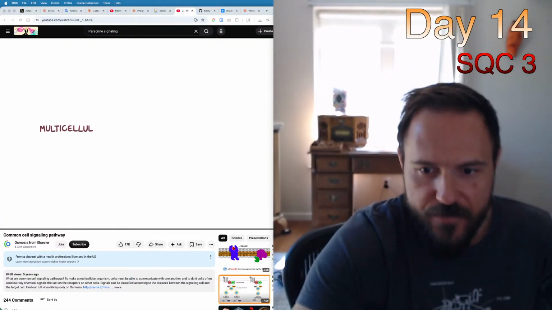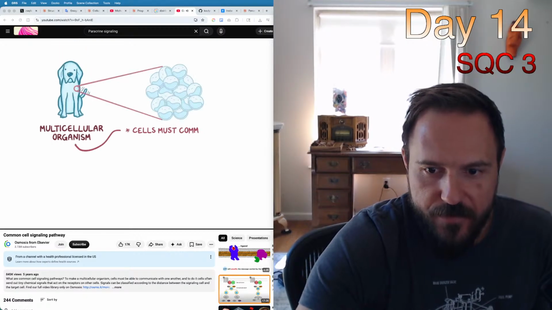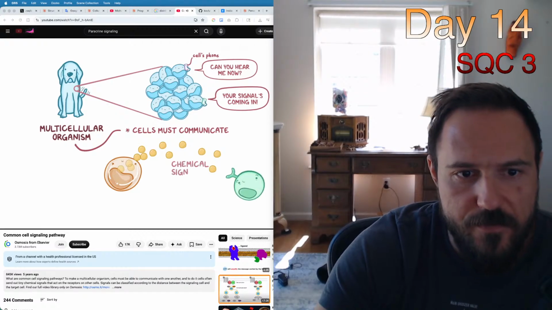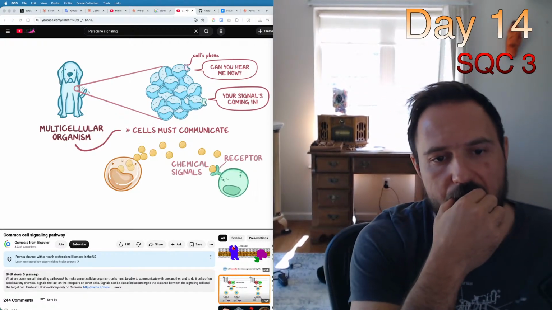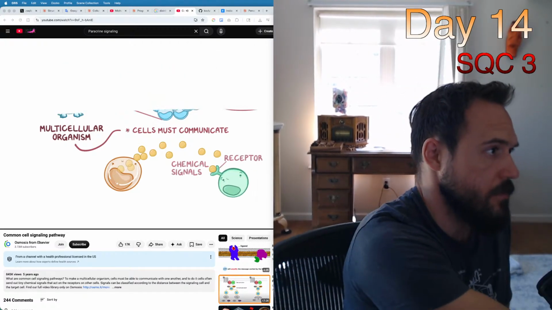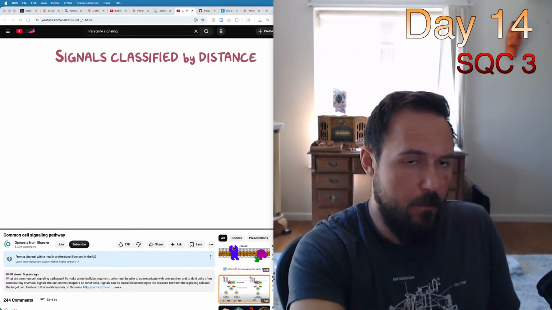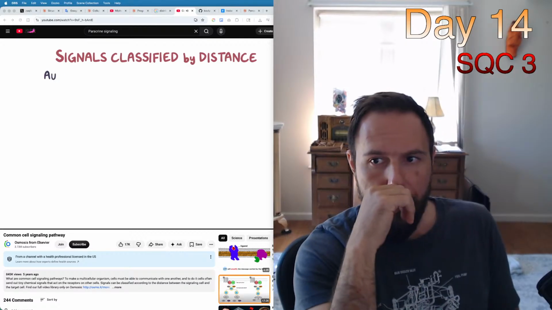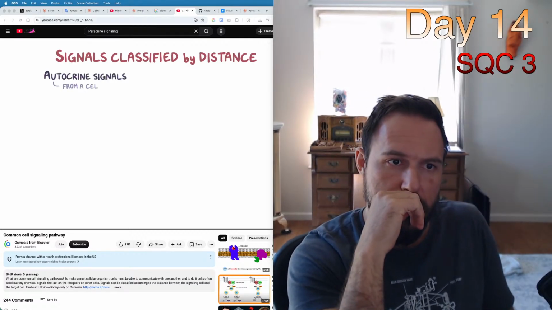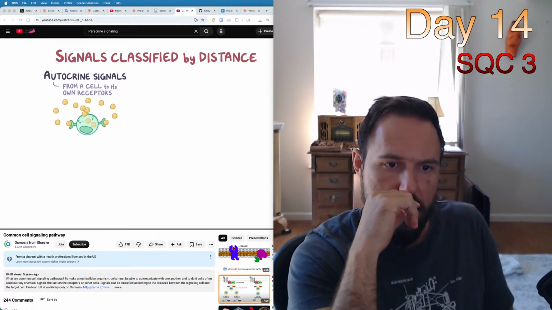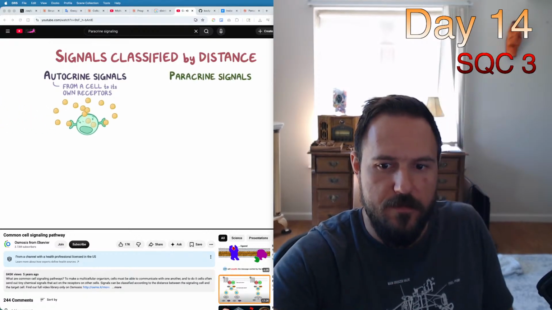To make a multicellular organism, cells must be able to communicate with one another, and to do it, cells often send out tiny chemical signals that act on the receptors of other cells. Signals can be classified according to the distance between the signaling cell and the target cell. Autocrine signals are produced by a cell and go to its own receptors, so the cell sends a signal to itself. Paracrine signals are produced by a cell and go